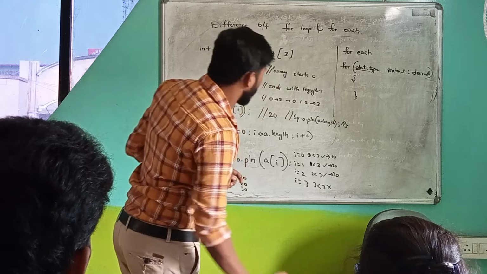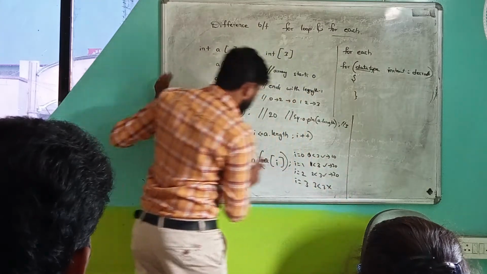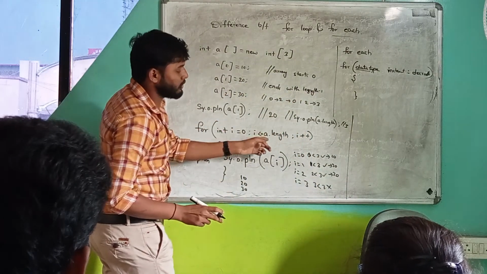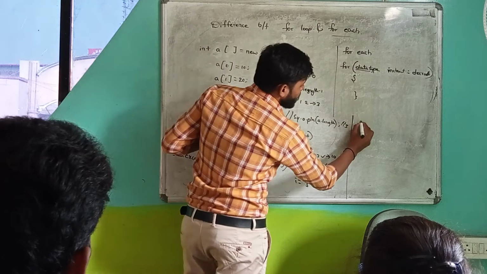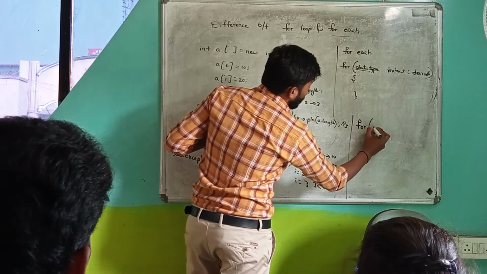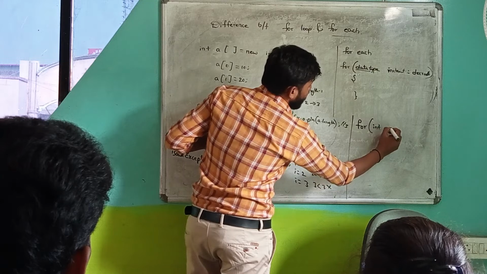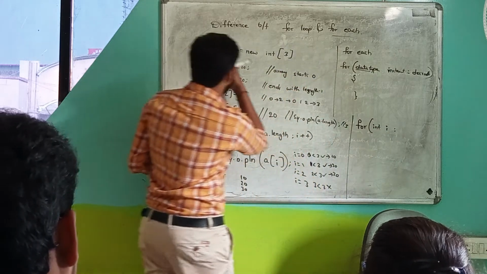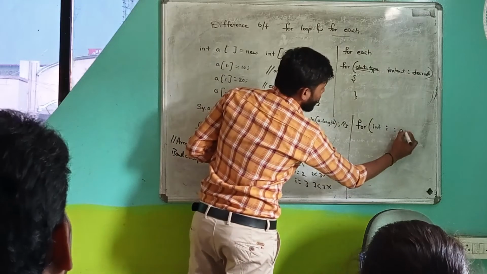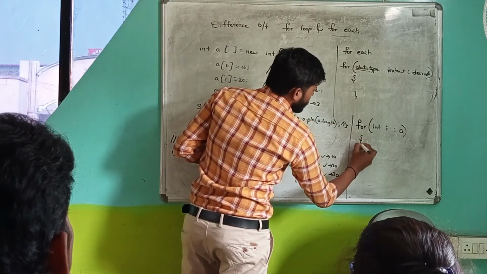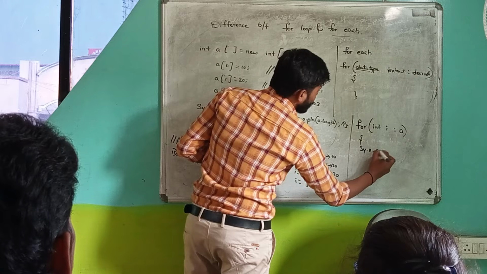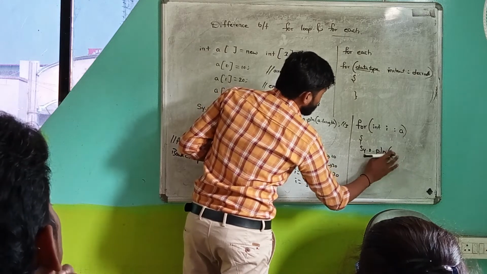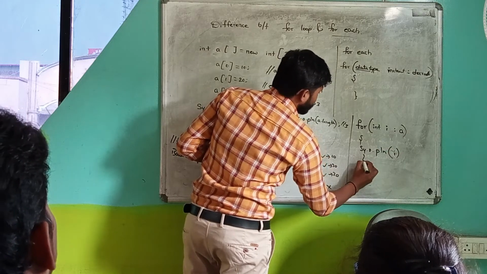Now in place of the same for loop, here we were using the length method. Here just go to the for, and what is the data type? int. Here I am giving the instance variable i, and then colon. What is the declared variable? a. And then I go with system.out.println. Here I am printing just i.